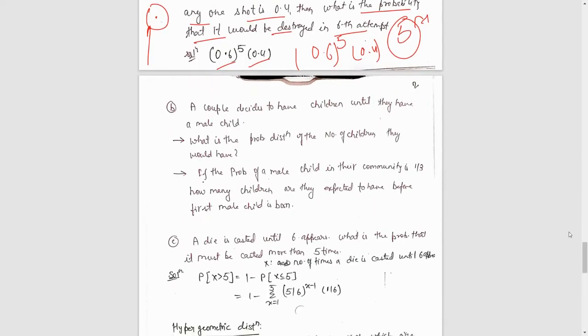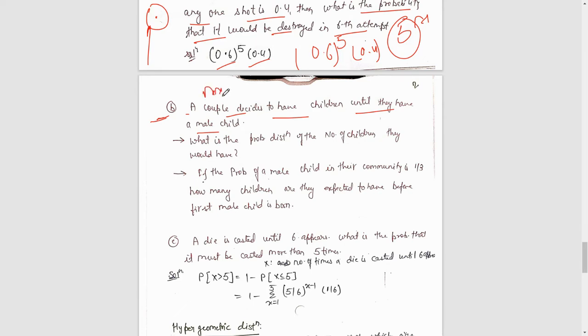Okay, the same thing will be there in any example you pick. Let's talk about this example. You can solve it on your own, but let me talk about it. A couple decides to have children until they have a male child. Obviously, if there is a female child, we do not take it into consideration,